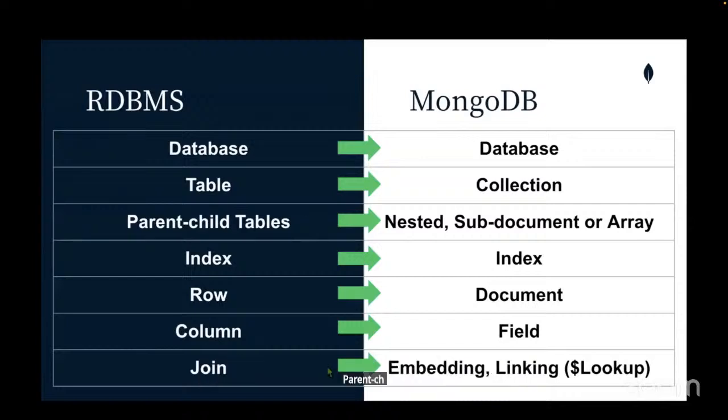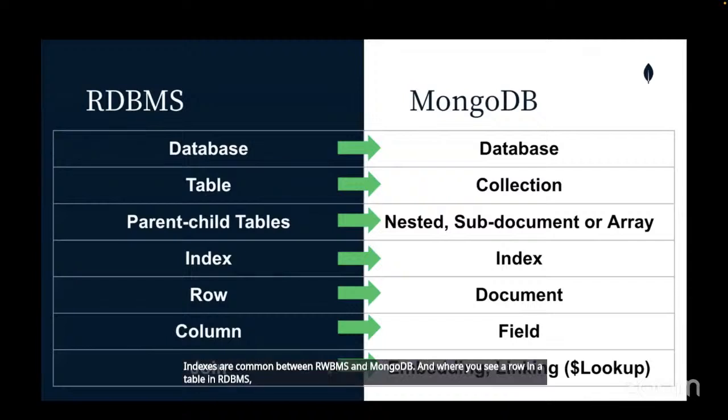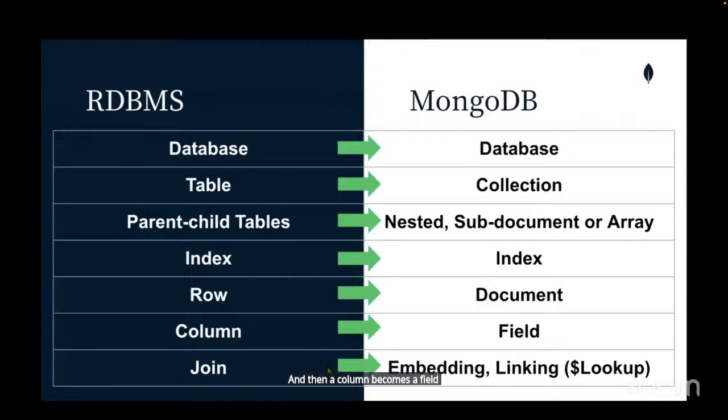Parent-child tables in RDBMS become nested subdocuments or arrays. Indexes are common between RDBMS and MongoDB. And where you see a row in a table in RDBMS, we're going to refer to that as a document of fields. And then a column becomes a field, and a join in RDBMS,